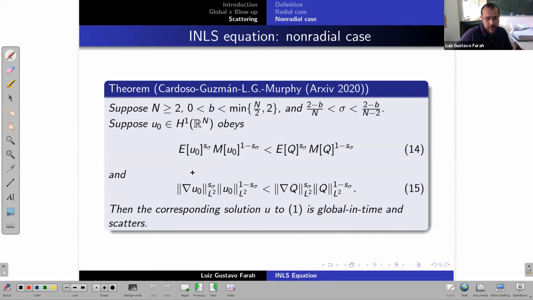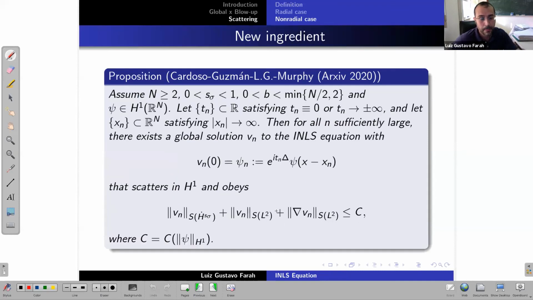And Mikhail, Carlos, and Jason, we generalize this type of argument to the entire intercritical regime, right? So as before, under the condition that we know that this implies a global solution, this global solution also scatters, right? So the main